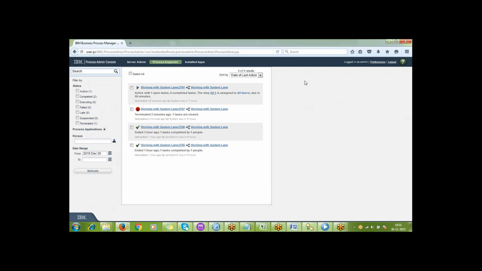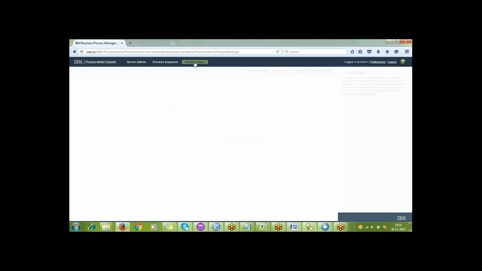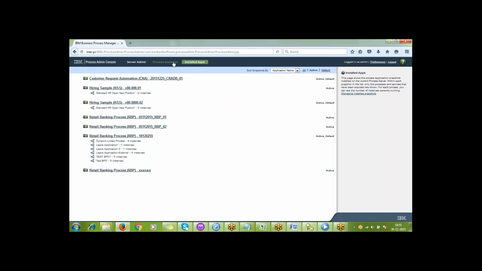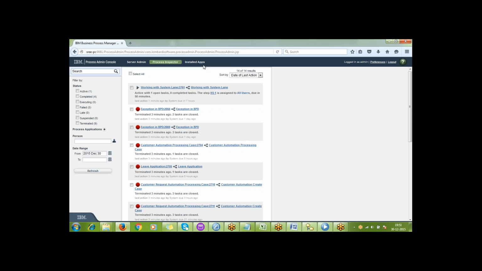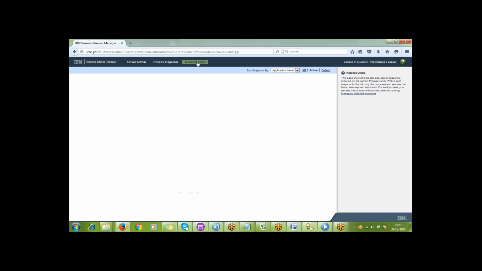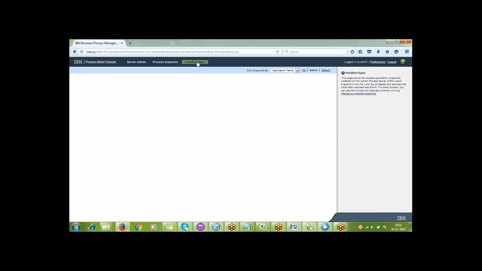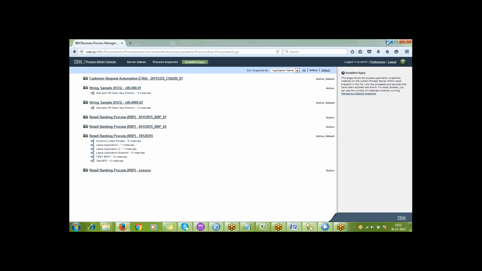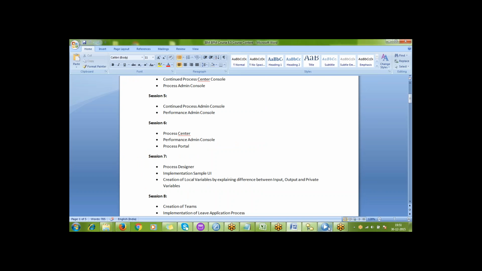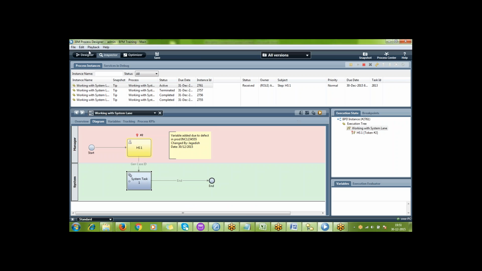Okay, next, installed apps. This acts similar to the process inspector. Next, I am shifting to installed apps. What is the purpose of this installed apps? Whenever you are deploying something, suppose,